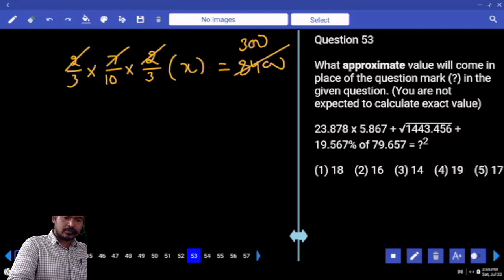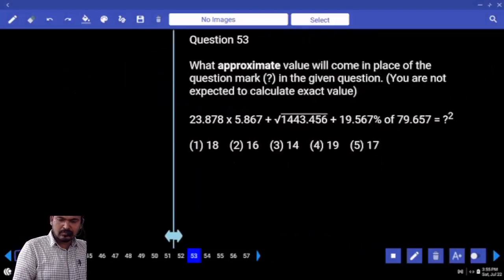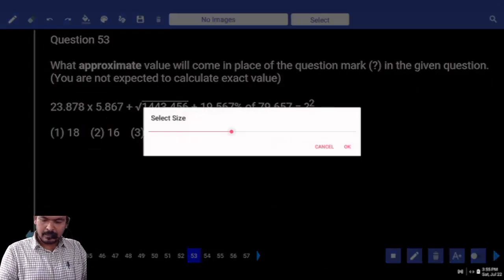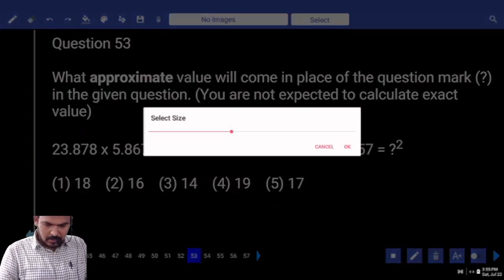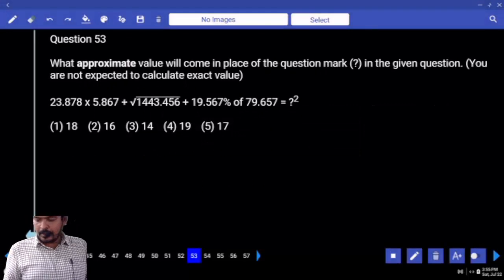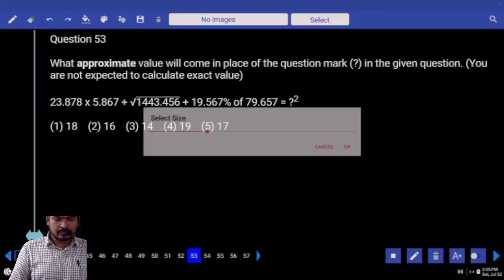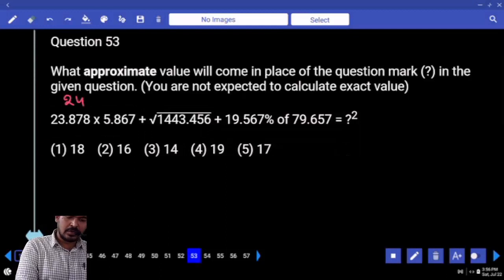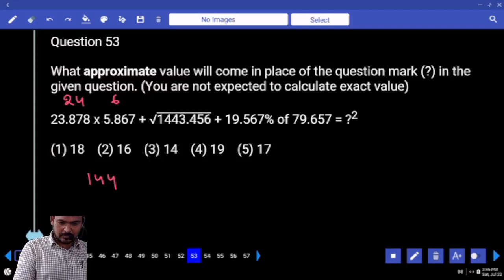PO paper, first question number 53. Approximations. What is the first value written? 24. Second term 6. 24 into 6, 144. Next, square root of 1,444. That will be written